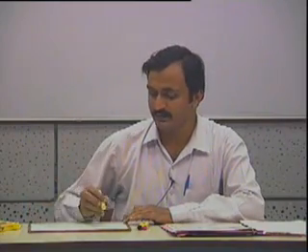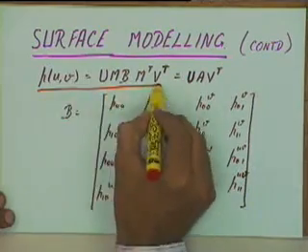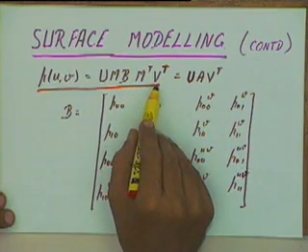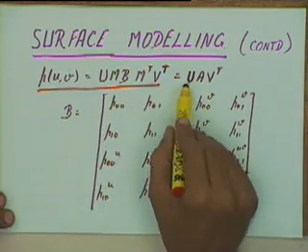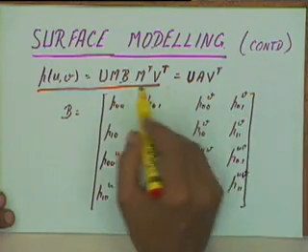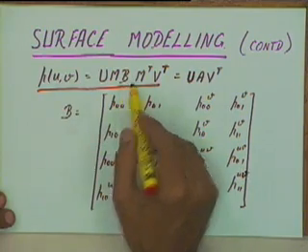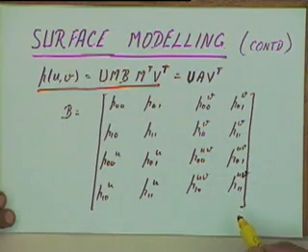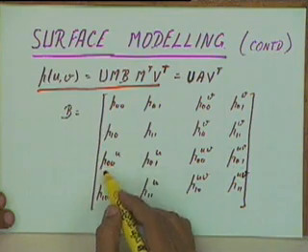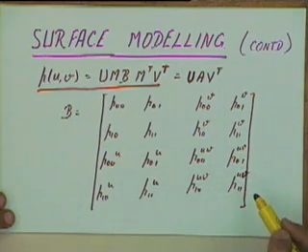In the last class we were talking of modeling bicubic surface patches, and for that we had derived this expression: that P of uv will be given by U M B multiplied by M transpose into V transpose, or it can be given as U into A into V transpose, where A is the algebraic matrix and B is the geometric input matrix. The matrix B is given by this set of 16 vectors P00, P01, P10, P11, Pu at 00, Pu at 01 and so on.